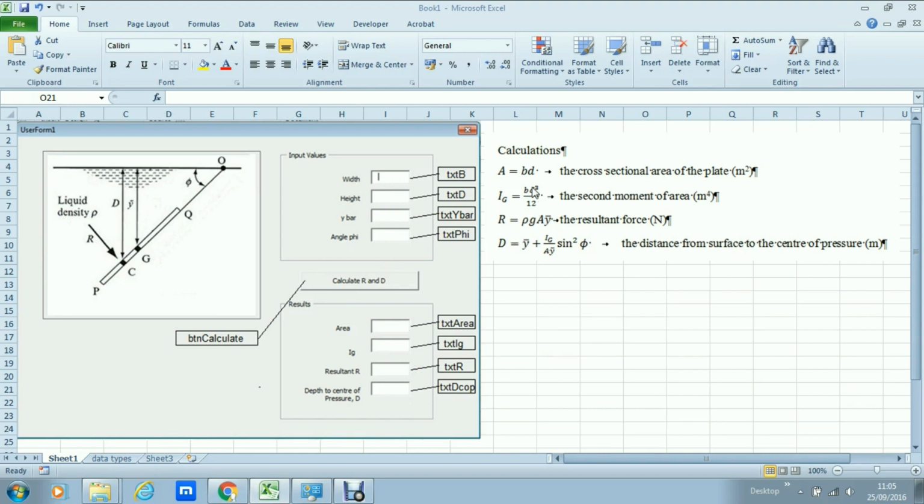You'll see actually how the program works in the sequence of calculations. It needs first of all to work out the area using the standard formula A is equal to B times D, and that's why I call this one B for the width of the plate into the page. And D is the length of the plate, which is the height of the plate in this case, from Q down to P. Then we also need to work out the second moment of area, and the equation for that is IG is equal to BD cubed over 12. There's actually an error here, it says squared. In fact, it's BD cubed over 12. Then to work out,